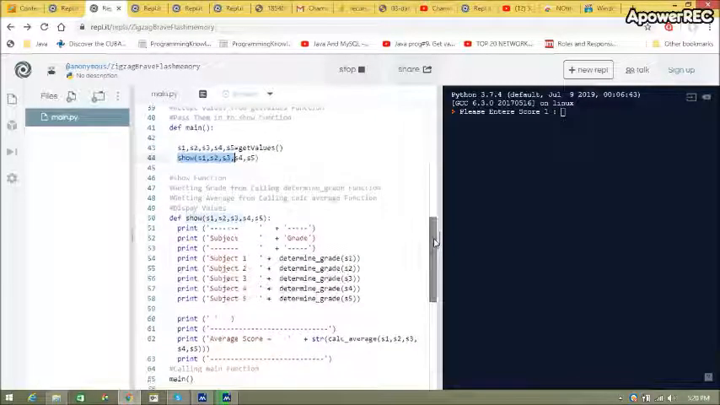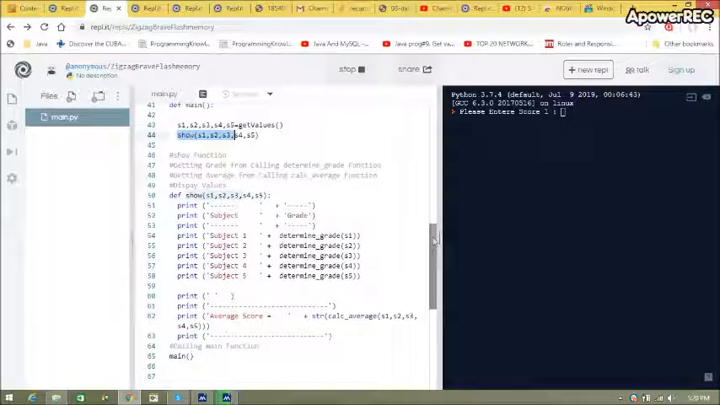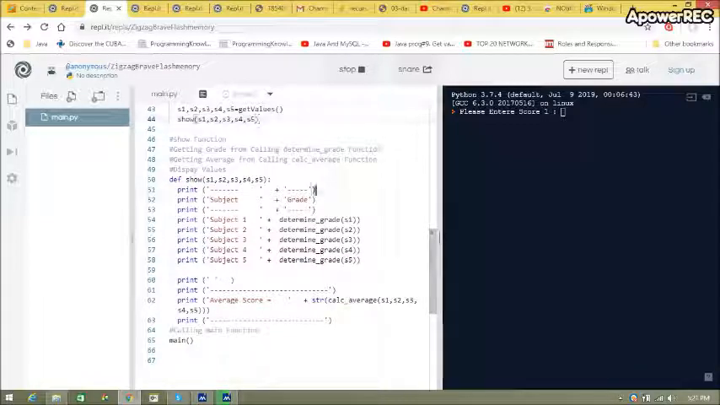Within this function, it's getting the grading letter from calling the determine grade function, and it's getting the average from calling the calc average function and displays those values. This is my show function, which has 5 arguments: S1, S2, S3, S4 and S5. It gets values from the main function. These are just for formatting, and here